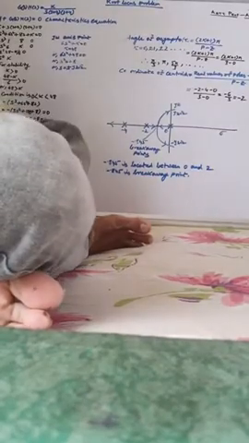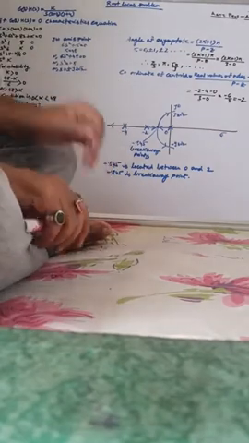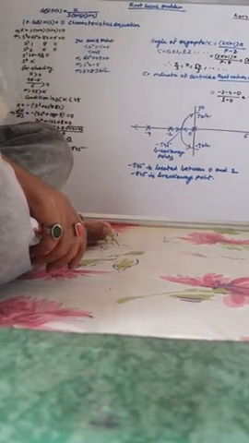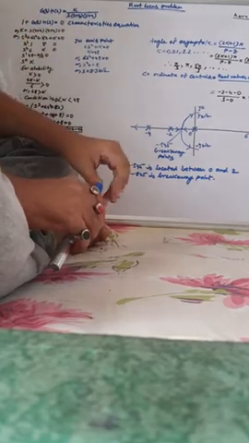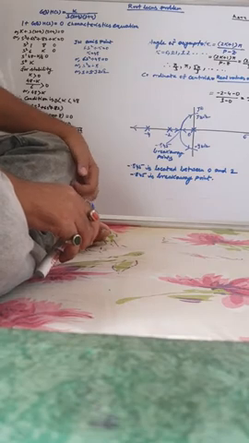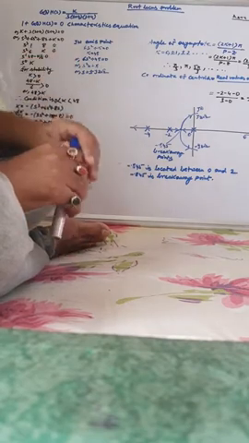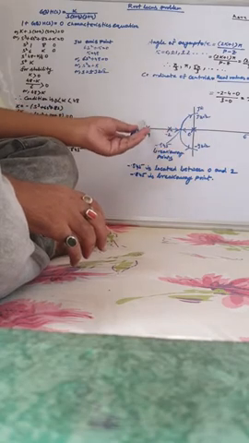Students, today I'll teach you the third problem regarding root locus. This is our problem. G(s)H(s) is equal to K by s into (s plus 2) into (s plus 4). So clearly you can see that we have 3 poles: 0, minus 2 and minus 4.